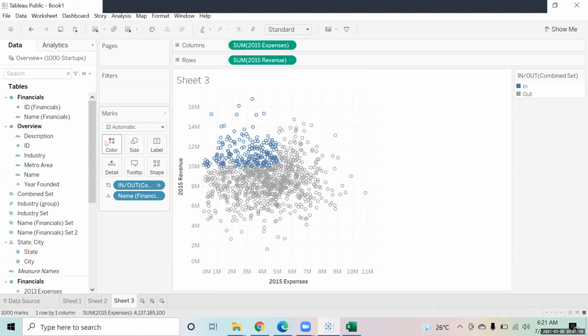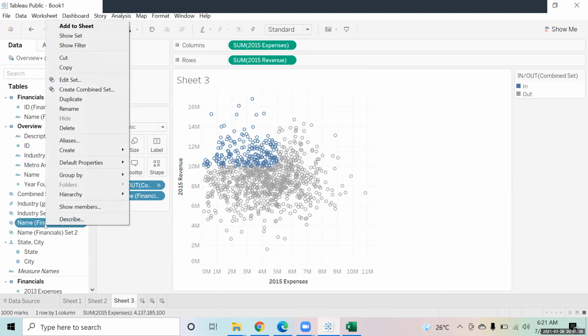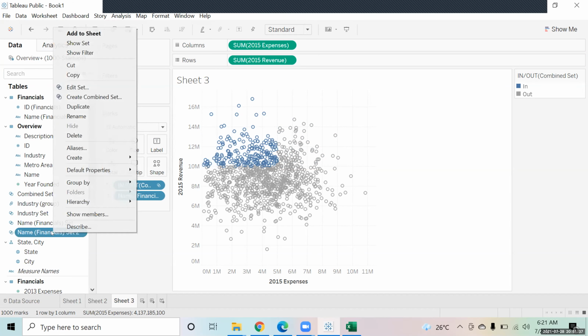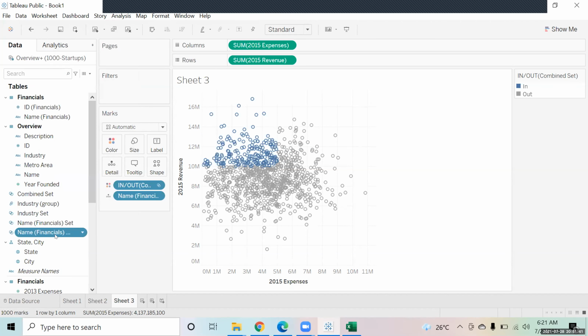For me, the primary set is greater than 10 million first. Can I reorder or is it okay? Sorry? No, for me, while creating the combined set, the primary set showed the second one. So on whichever set you right click, that comes as the primary one. So if you would have clicked on this one, this shows you at first. If you click on this one, this comes as first. But anything is fine, right? The output will be the same. Okay.